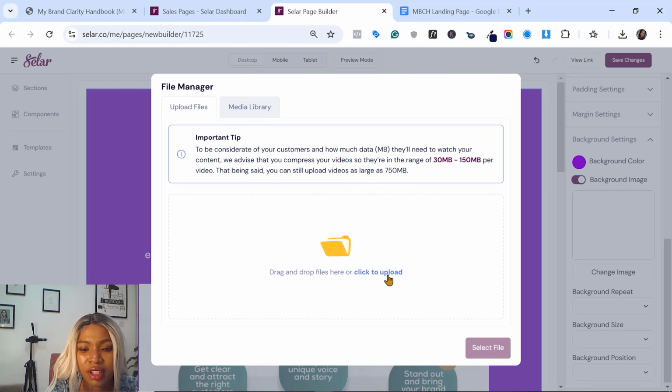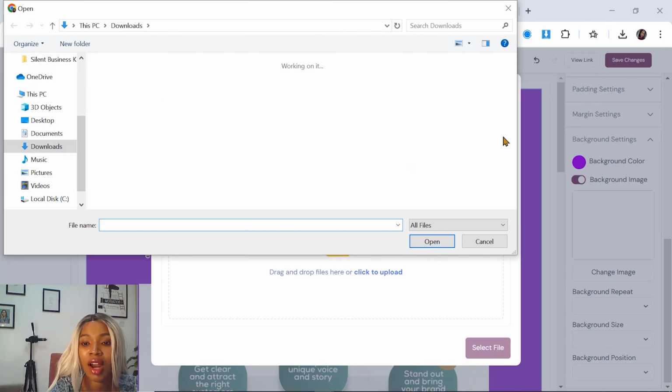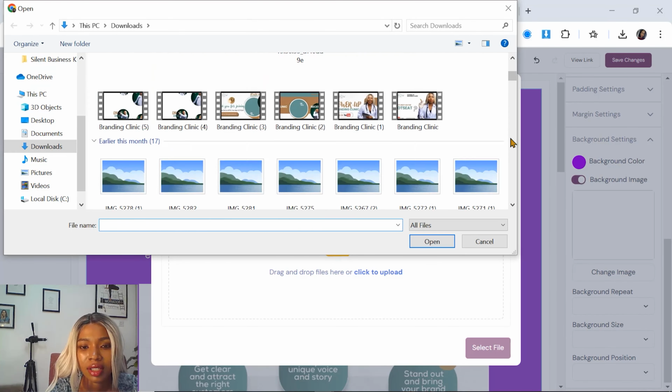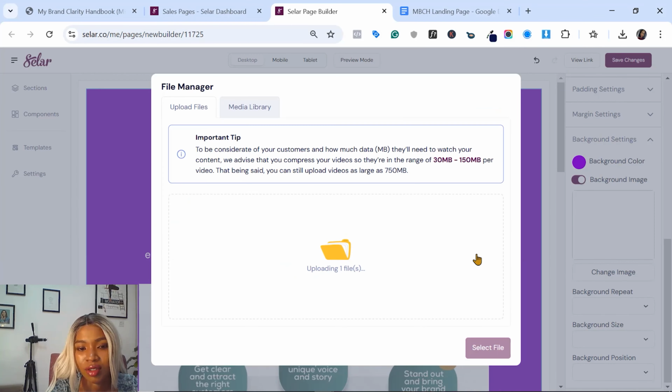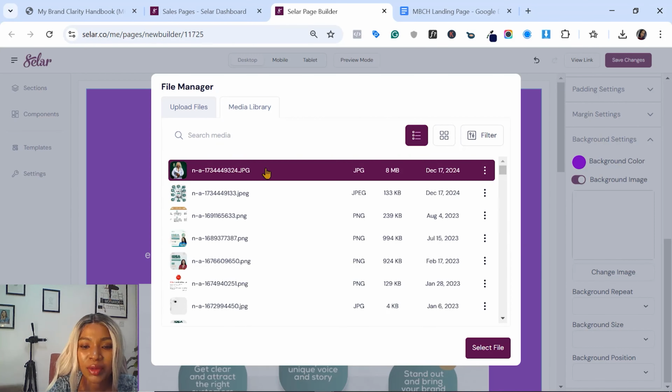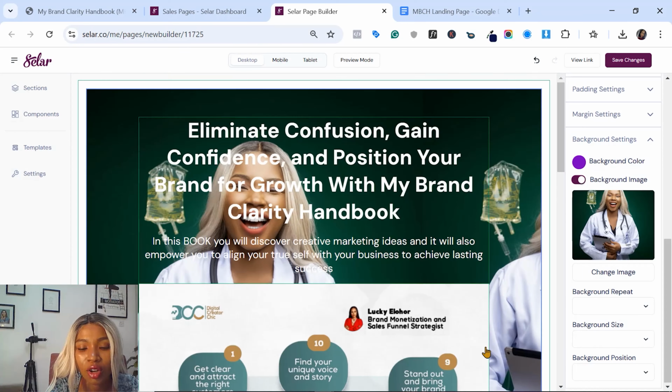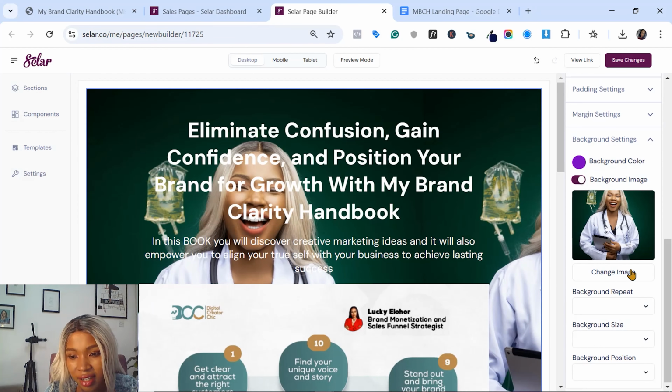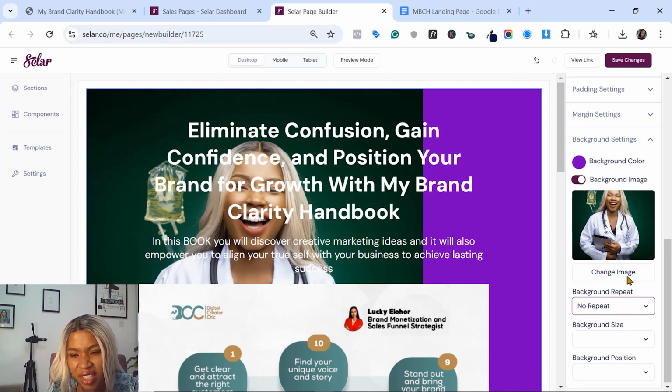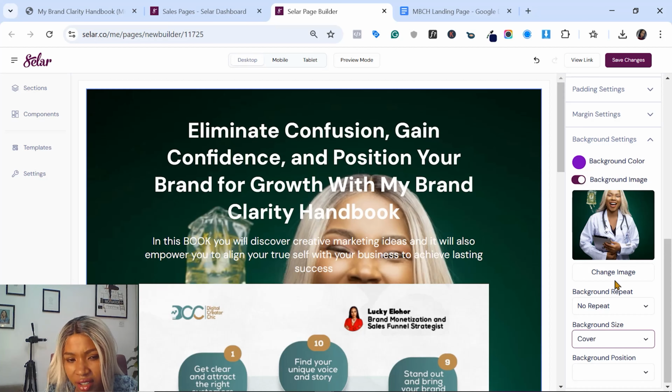Let me see if I can upload an image from my drive. Let me find an image. Let me just use this one so I will not go too far. Great, our image has been uploaded. So I'm going to select the image and click on select. And so the image is here. It is too big, so we have to arrange the image. I don't want the repeats, no repeats. You see, it's not center aligned. Image size, I want it to cover, so it covers everywhere. You can see that. Image position,